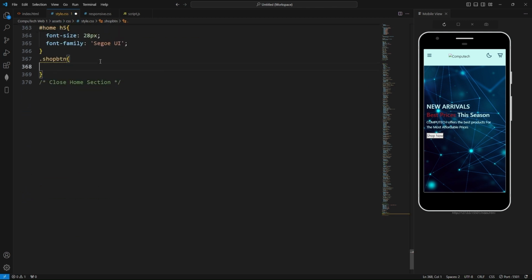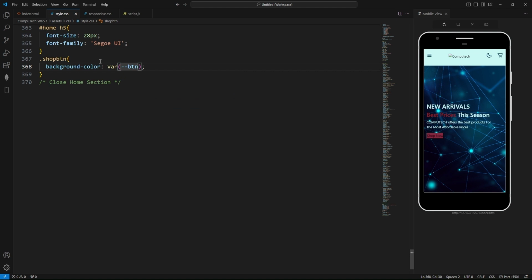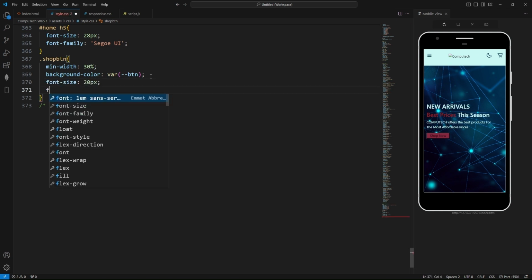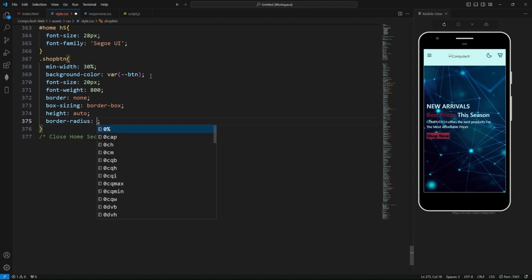In the shop btn, background color, button color, and min width none, remove the percent, and font size 20 pixel, font weight 800, and border none, box sizing border box, and height auto, border radius 5 pixel, 20 pixel, 5 pixel, and 20 pixel,